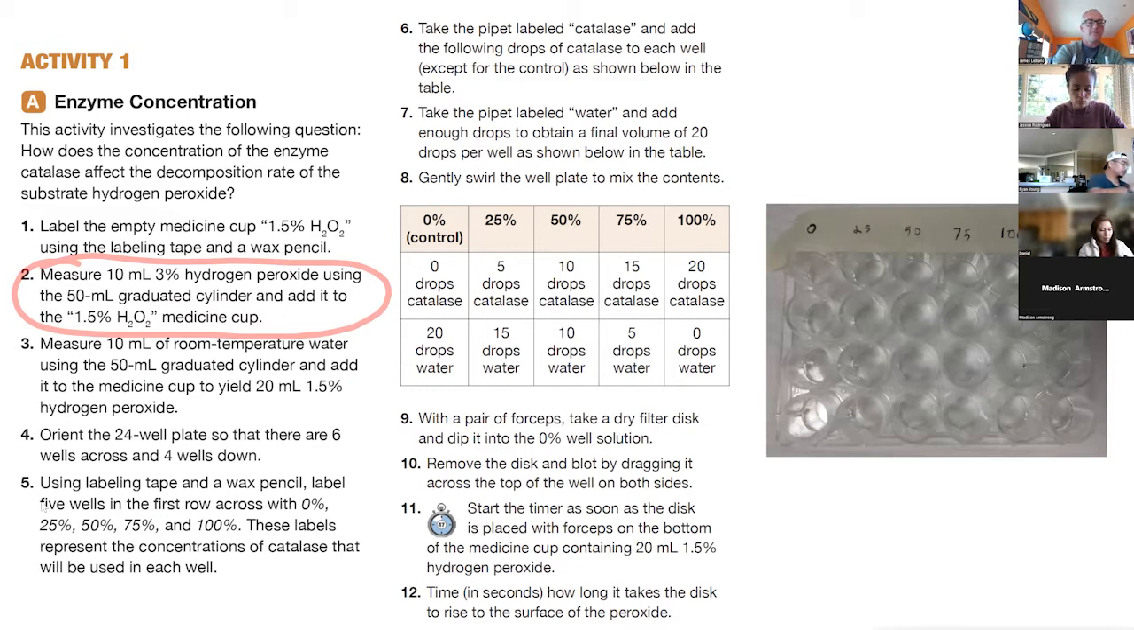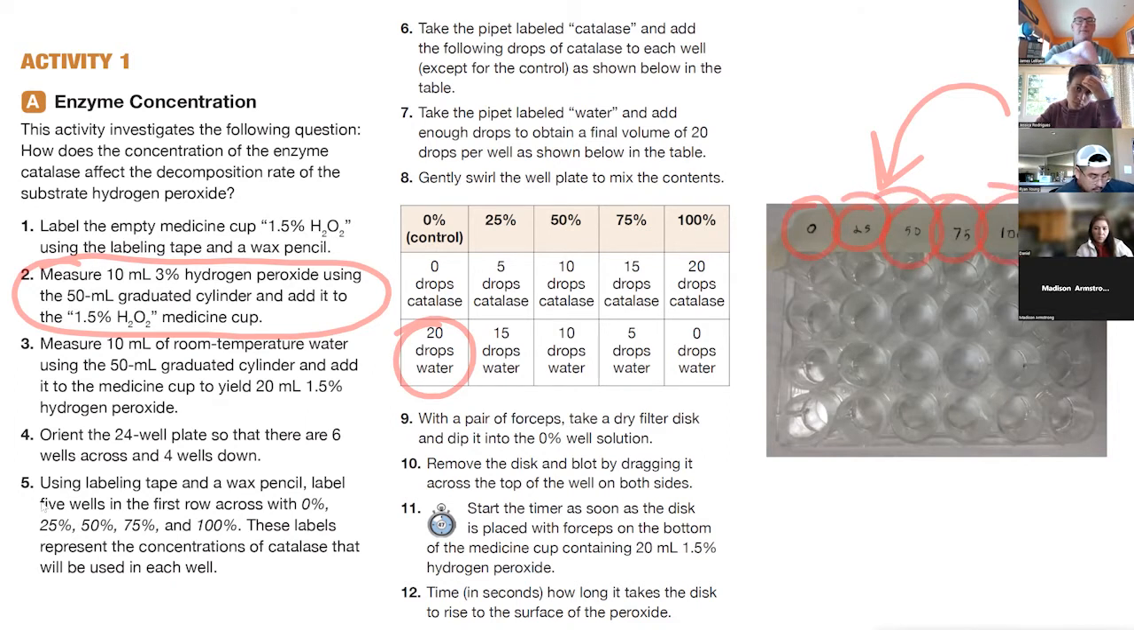So in the plate over here, here's your 24 well plate. You're going to be making, and you can label this one too, or you can just put it down on a piece of paper and label the paper. So in the first well, you're going to have just water. So 20 drops of water using your pipette and no catalase. And then basically each well will have 20 drops in it with a different ratio of water to your catalase solution. So you go from 25%, 50%, 75, 100, following